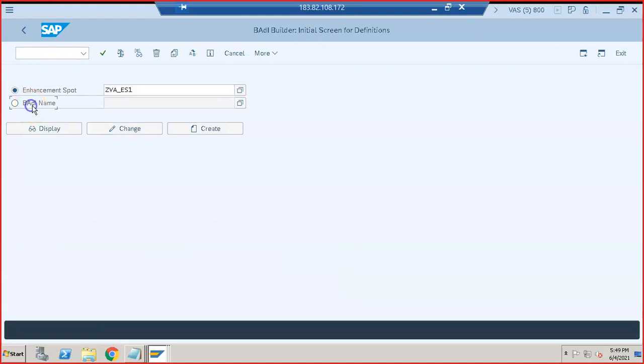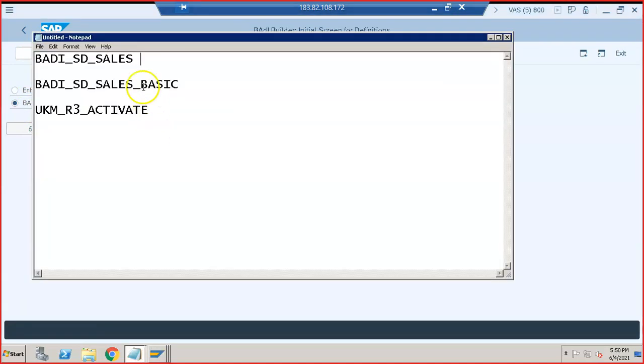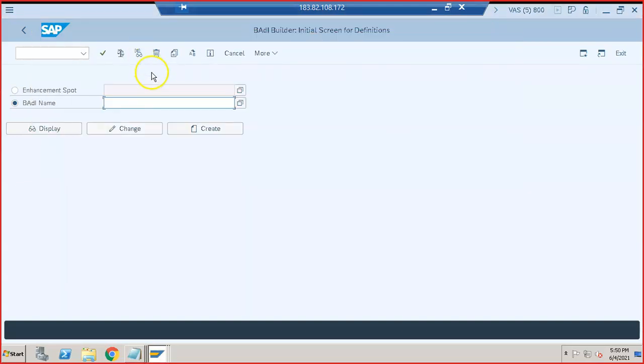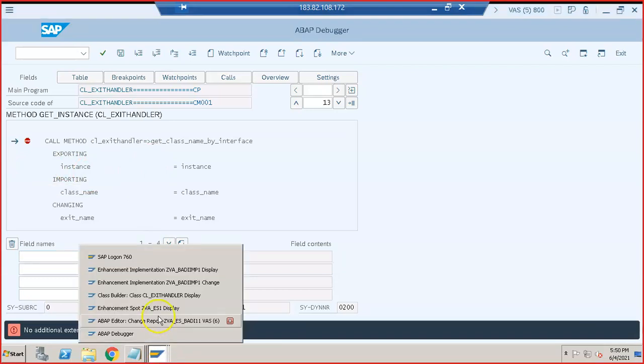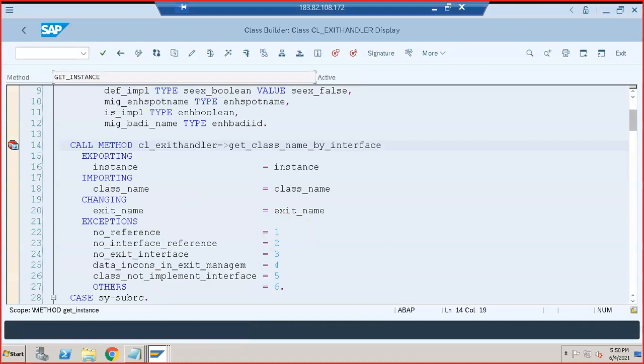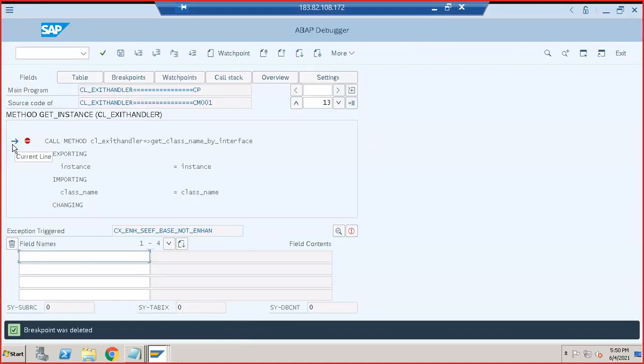In this we'll go for the BAdI name. Here we'll give this BAdI name. Oh, I think I didn't delete that exit, so it was deleted only at that particular time for that particular condition. I'll just delete this.